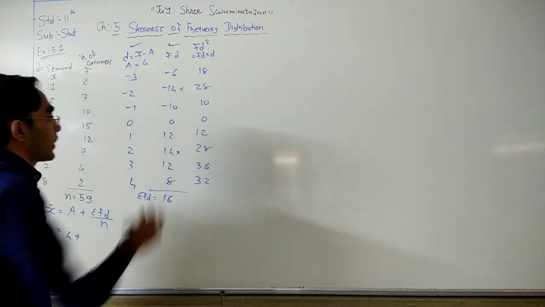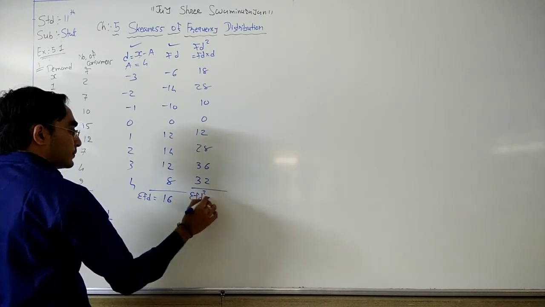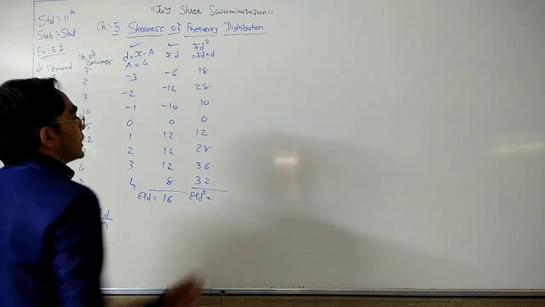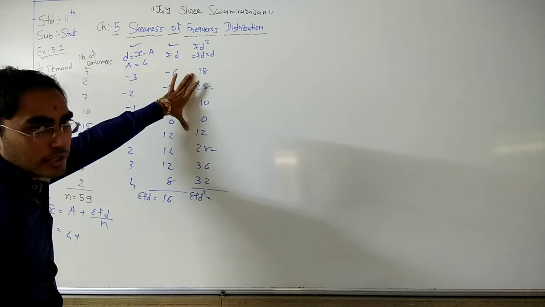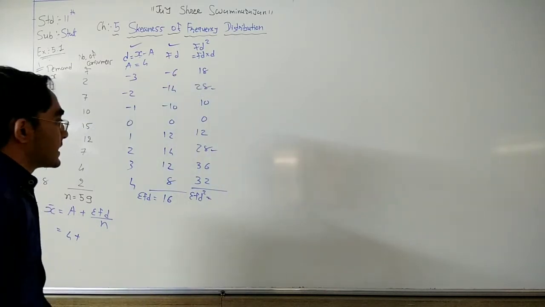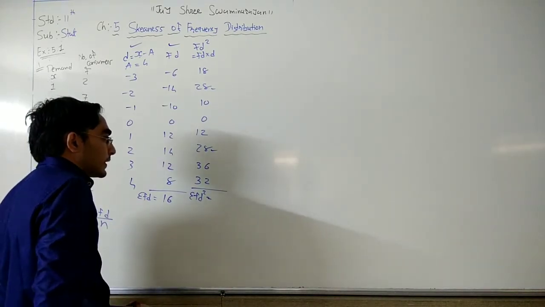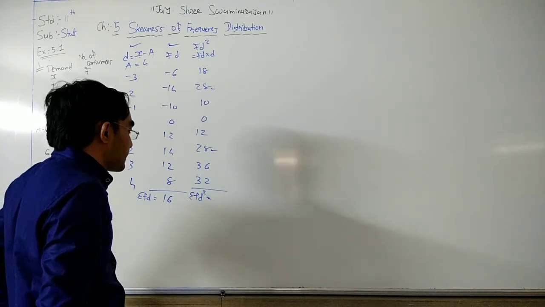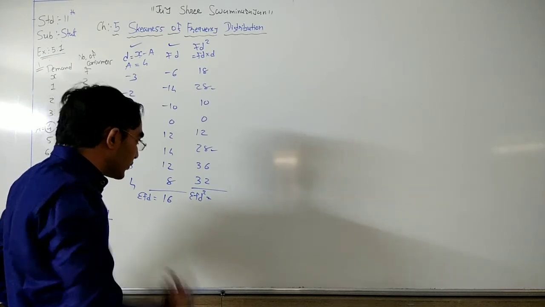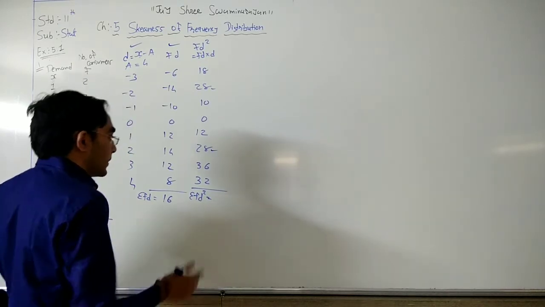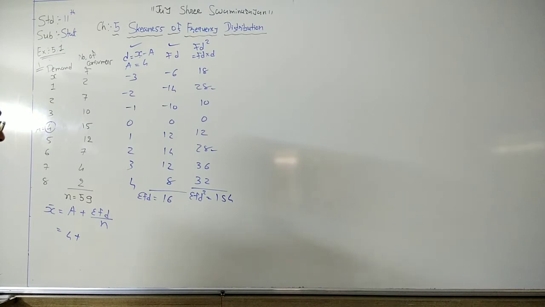You can use the calculator. We also want the addition of sigma fd square. 28, 28 is 56, 18, 12 is 30, 56 plus 30, 56, 66, 76, 86. 86 plus 4 is 90. 90 plus 60 is 150, and 150 plus 4 is 154. So here we have the addition 154.